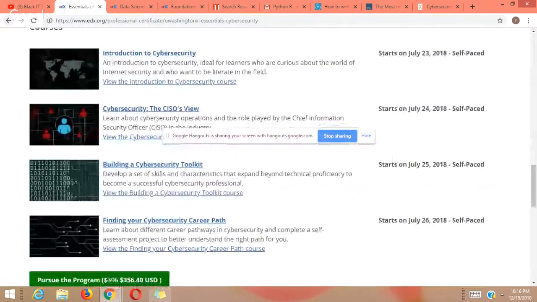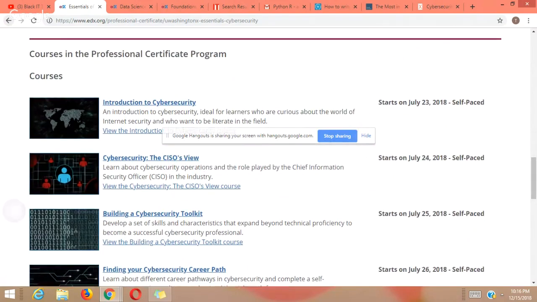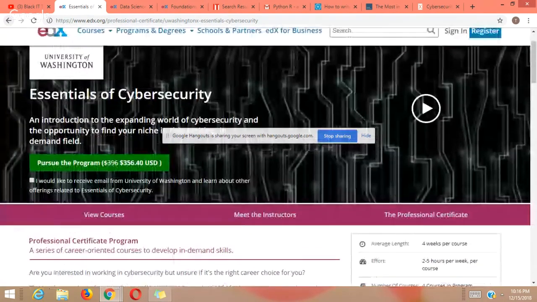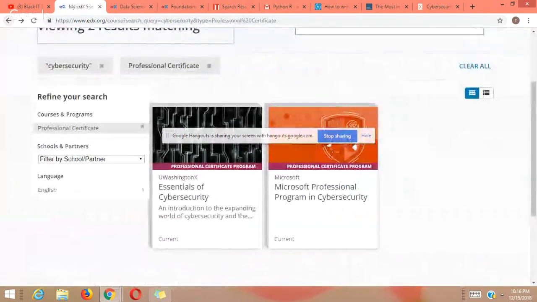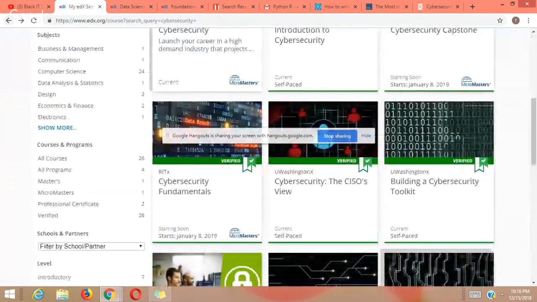And this one, yeah, this isn't a very good one in comparison to Microsoft's. This isn't very good compared to Microsoft. So let's go back and look at their